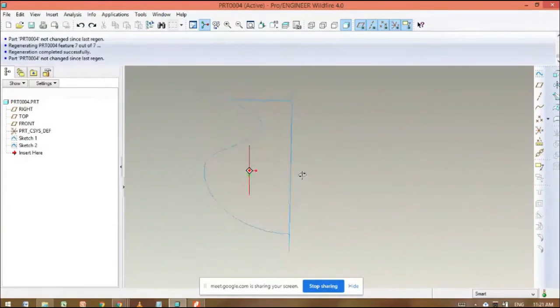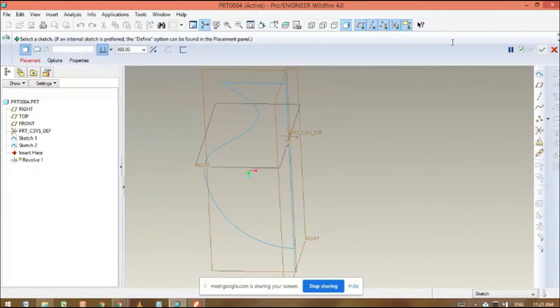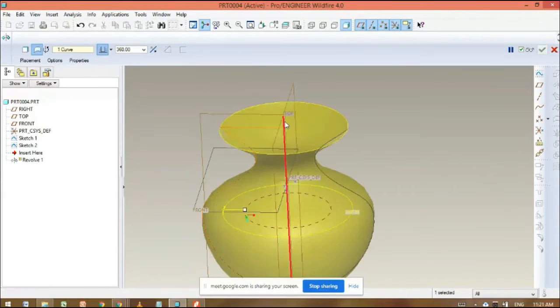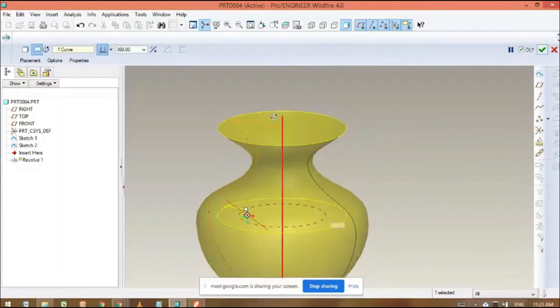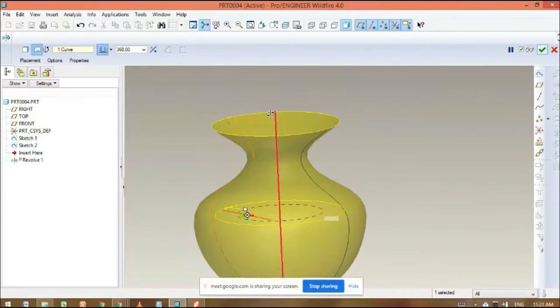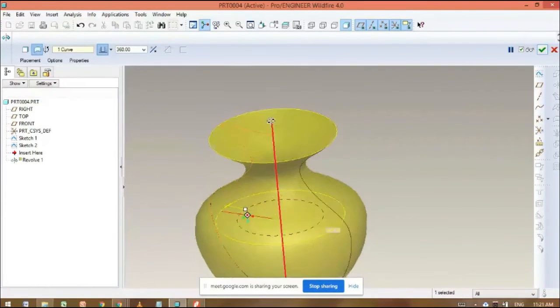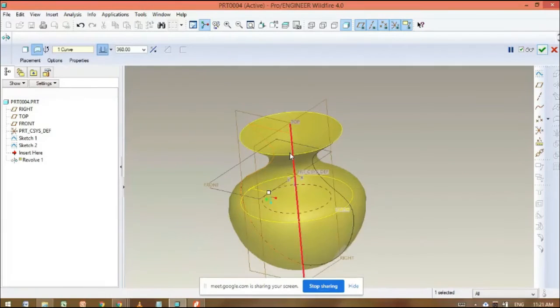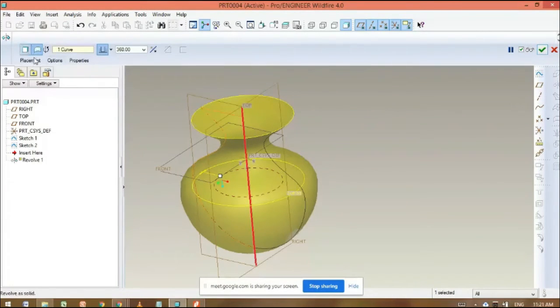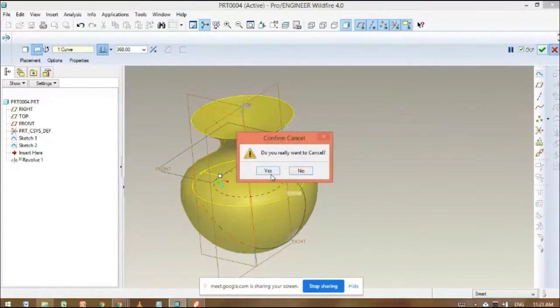But I want to do the surface model here. So click on the revolve command, click on the sketch. See here, these two options are given. One is the solid model, another is the surface model. So click on the surface model, then click on the sketch, then click on the line. So what happened here? We can see this sketch is a solid model. Why? Because it is totally closed. Suppose we close it.